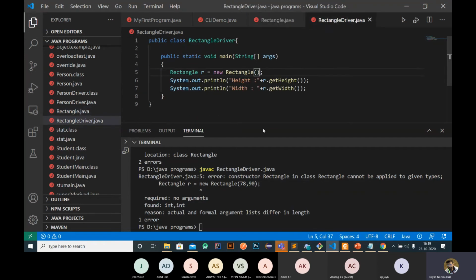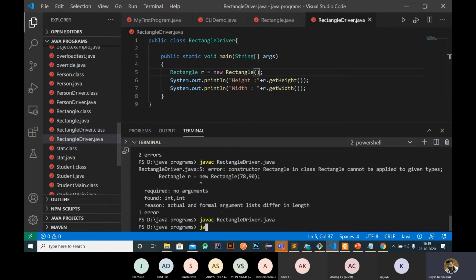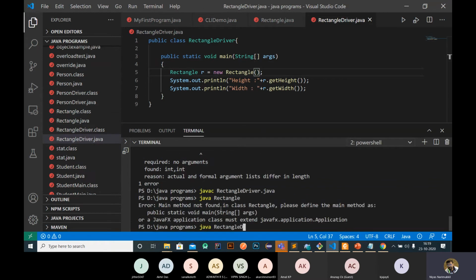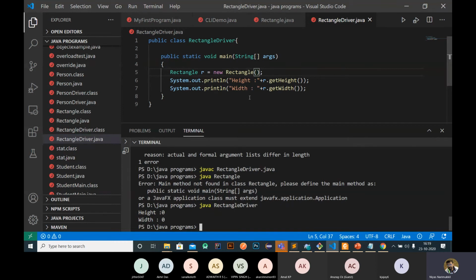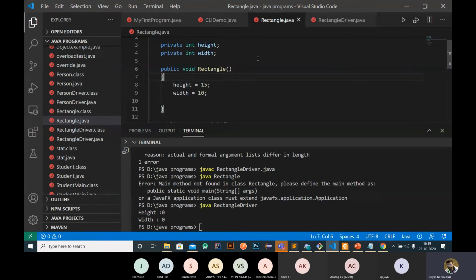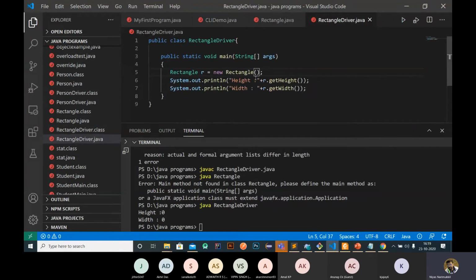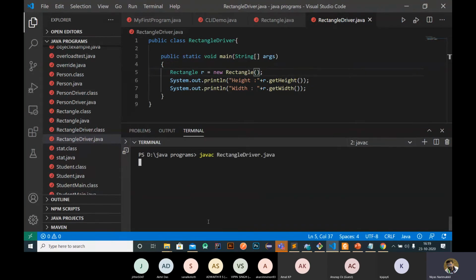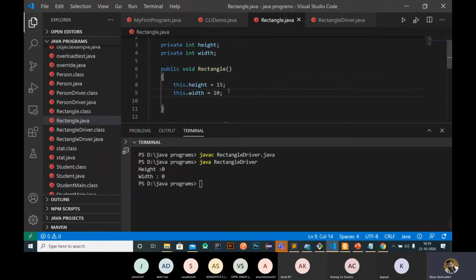So now it is compiled. Java RectangleDriver. Okay. Get the height and get width.